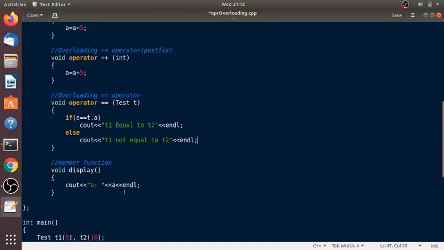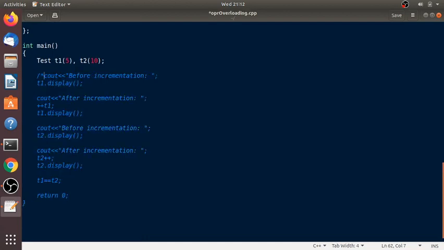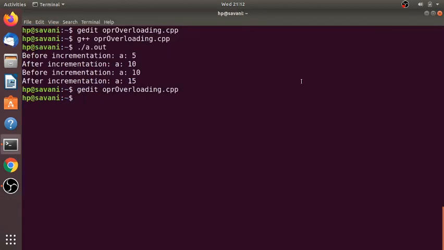Right. So we are done with our function. Let's see whether it works. I am going to comment out the previous one so we can clearly see the output. Compile the program and run.